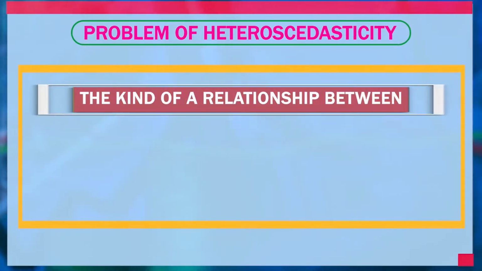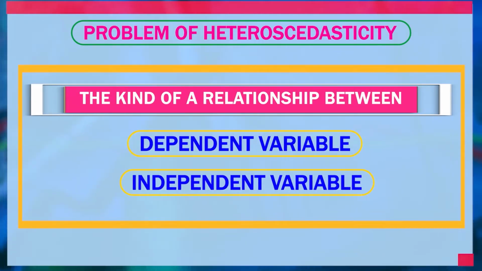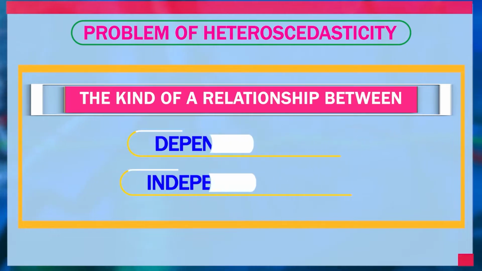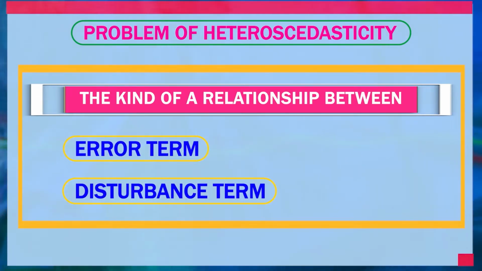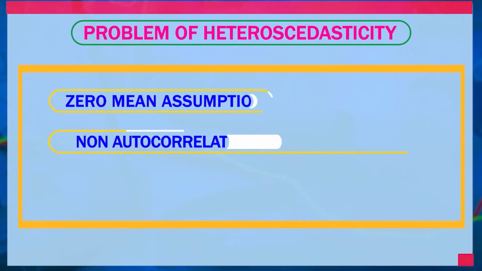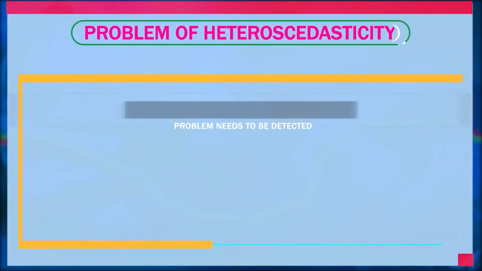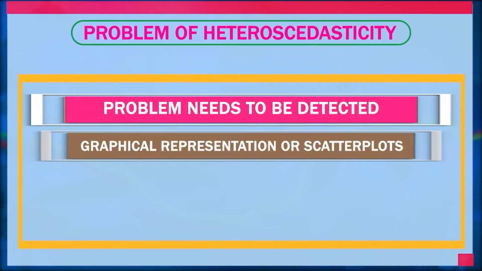When we are referring to the problem of heteroskedasticity, the first issue that crops in is a kind of relationship between the dependent and independent variable, with the presence of an error term or a disturbance term. The OLS assumptions of the disturbance term refer to zero mean, non-autocorrelation among the errors, and non-heteroskedasticity. But if heteroskedasticity comes in, then the OLS assumptions will be violated and the estimators will fail the ideal properties. Thereby the problem needs to be detected, which can be done through graphical representation or